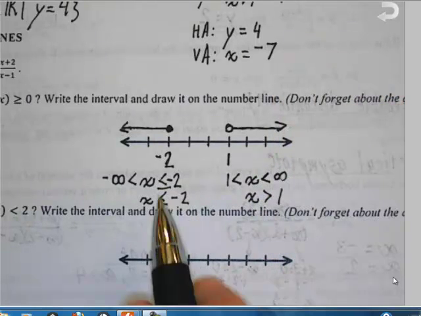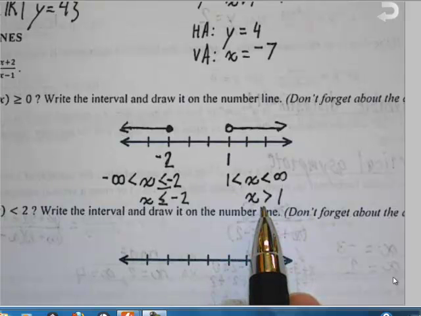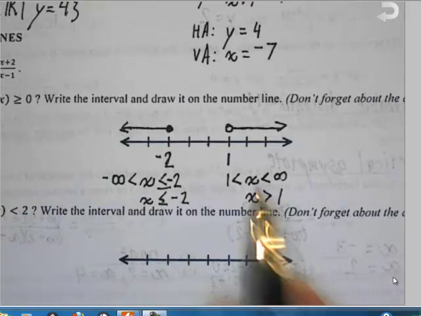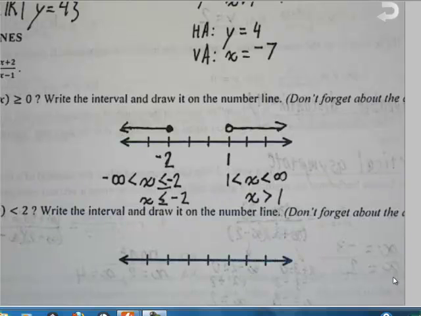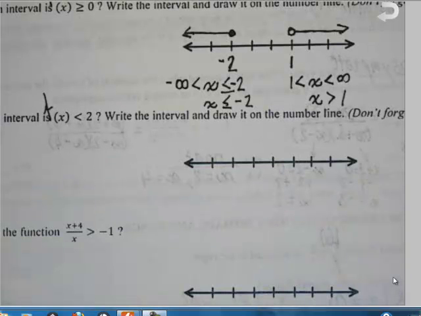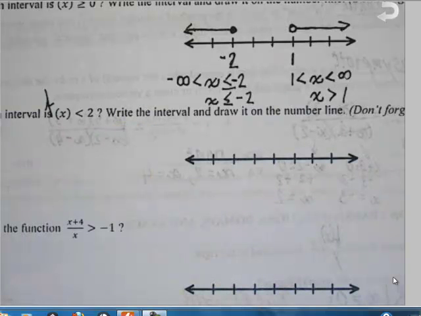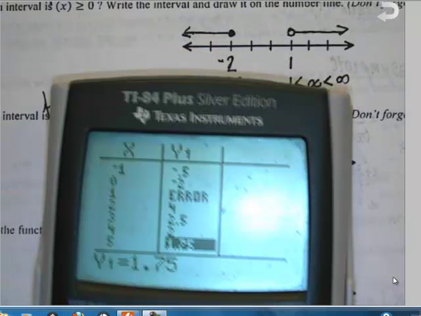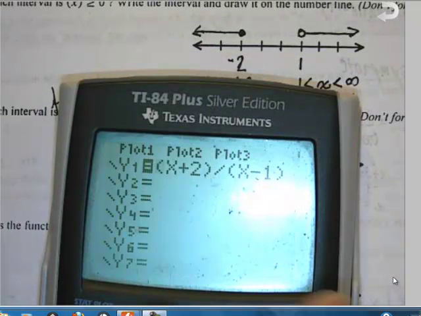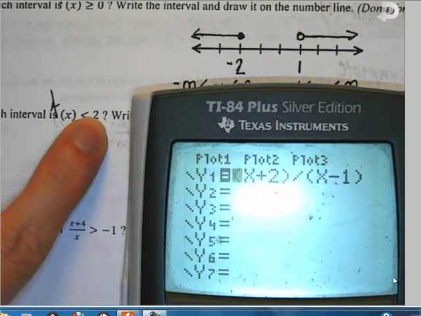These lower terms are how you learned it in elementary school or in Algebra 1. These higher terms are how we should come to understand these as we get ready to think in terms of interval notation. So now we're going to do a similar process with the second one. It's the same left-hand side, except now we are comparing it to 2, and we're looking for where it is less than or equal to 2. So the easiest way to do that is to go back to your calculator, and we are going to just go on ahead and plug in 2